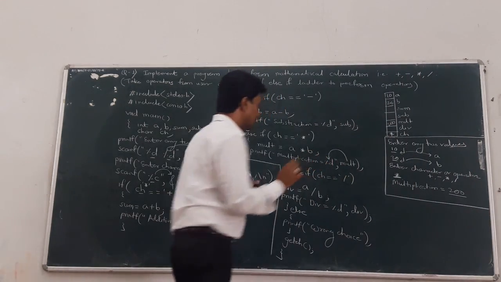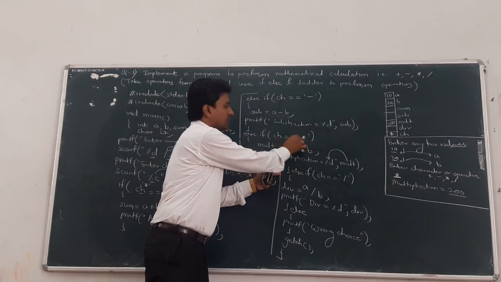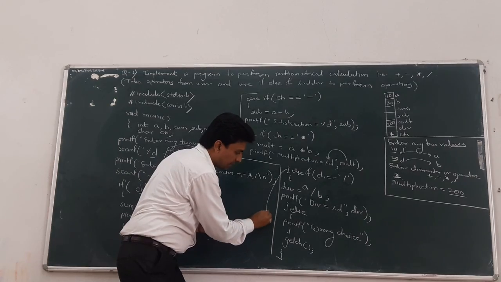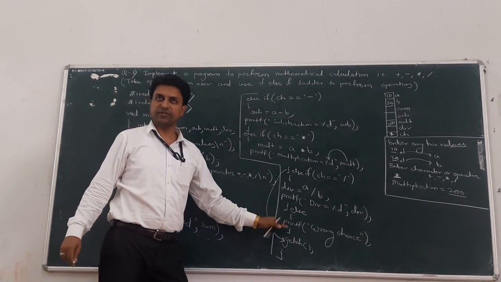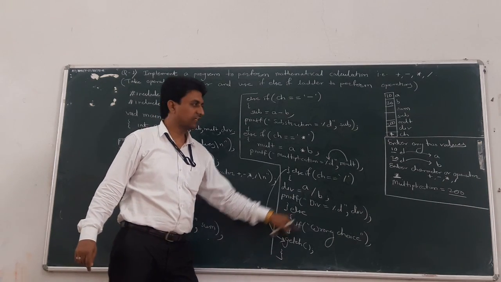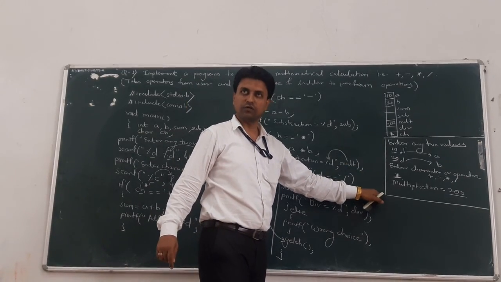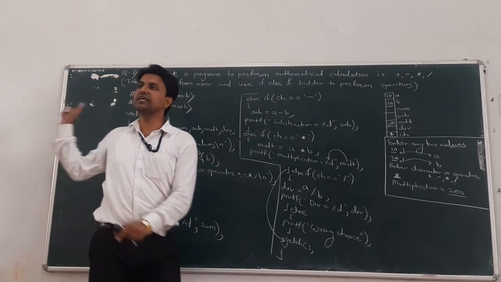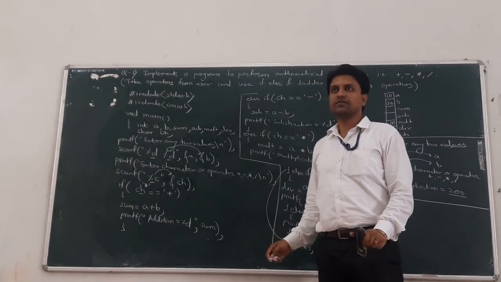And now the cursor does not go to the next step because here the condition is true. So the cursor goes out of this ladder, to the next statement after the ladder, that means getch, and the console is frozen and the output is displayed on the console. The whole output is shown here and the curly bracket is the end, that means the end of your program. Okay, so today we will stop.